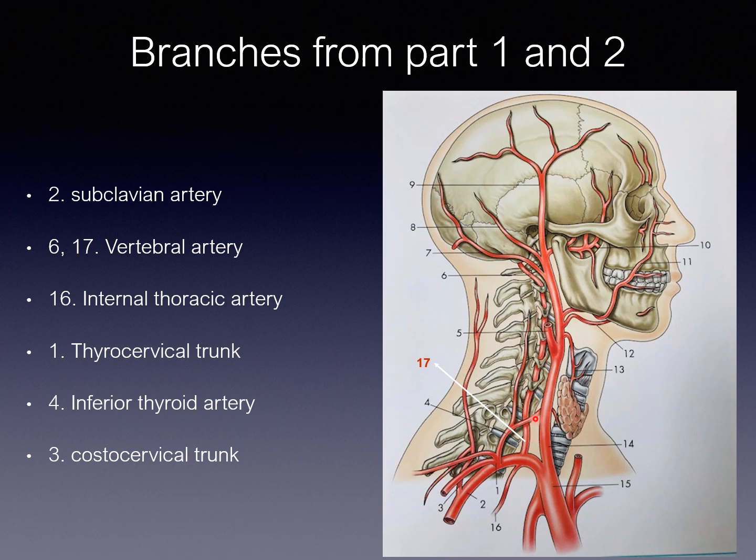The vertebral artery in the neck gives blood supply to the spinal cord here, and then it gives blood supply to the muscles present here. And then next is down. Immediately you can see another one which is going down towards the thorax, called the internal thoracic artery. Internal thoracic artery, already we have seen in the thorax, it doesn't give any branches in the neck. Okay, so this is internal thoracic artery.